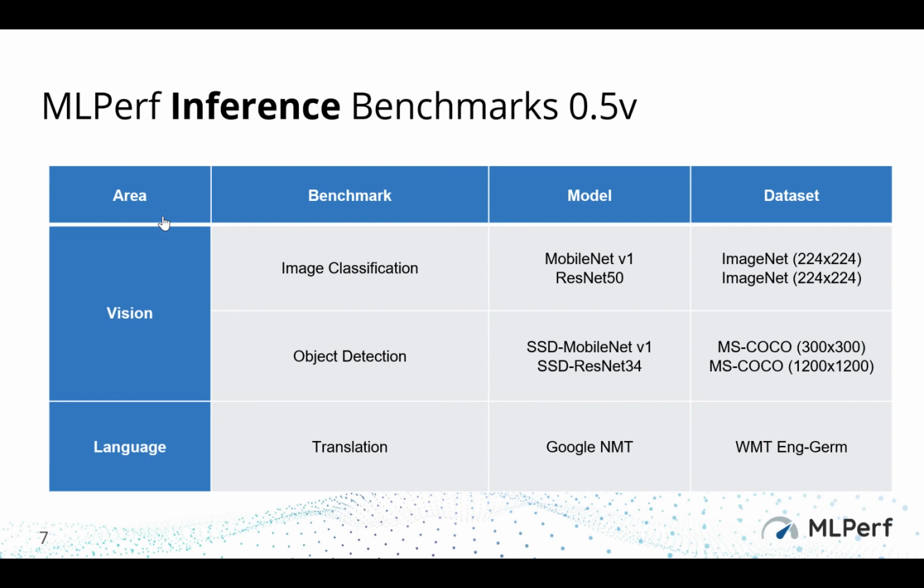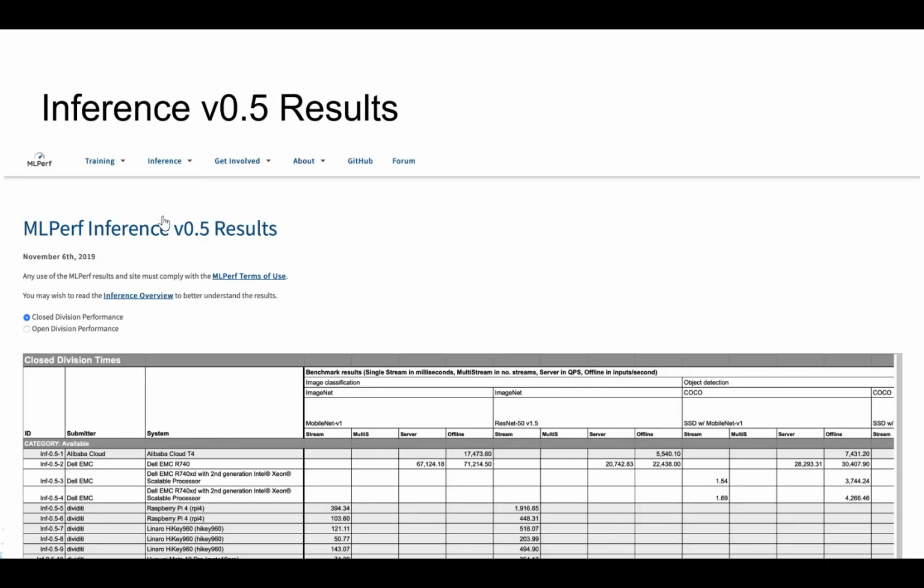Same thing goes on the dataset side. We use public datasets. What's really interesting here is the middle row, the MS COCO with 300 by 300 resolution versus 1200 by 1200 resolution. That's specifically pointing to the example I gave you earlier. If I take a picture with my phone, I tend to use a small resolution. If I'm in a car, I'm using a higher resolution. So the benchmark is effectively trying to capture this extremely vast space. So this is an example of inference. We have training-related examples as well. I'm happy to talk about that offline, but inference is really what we care about here.